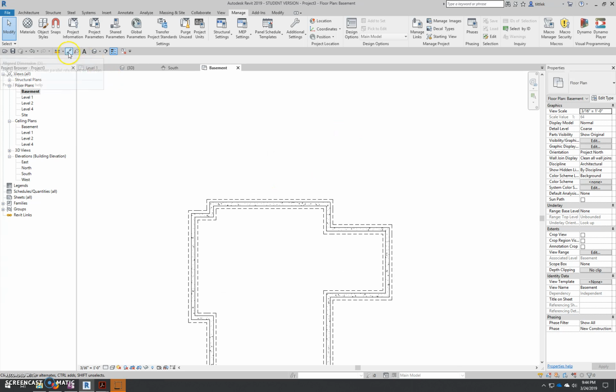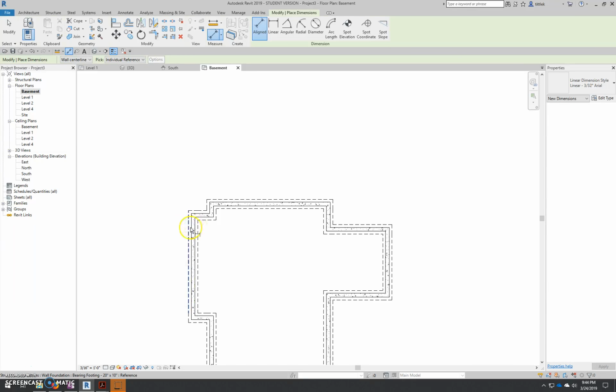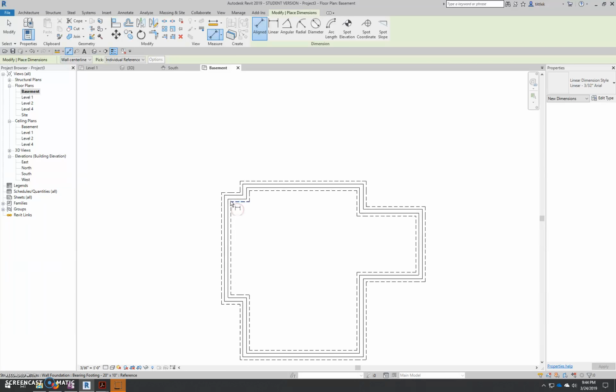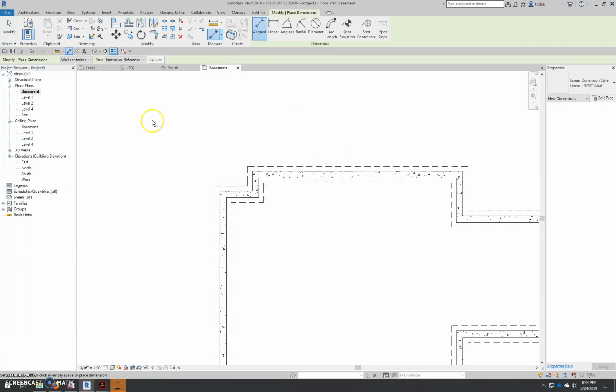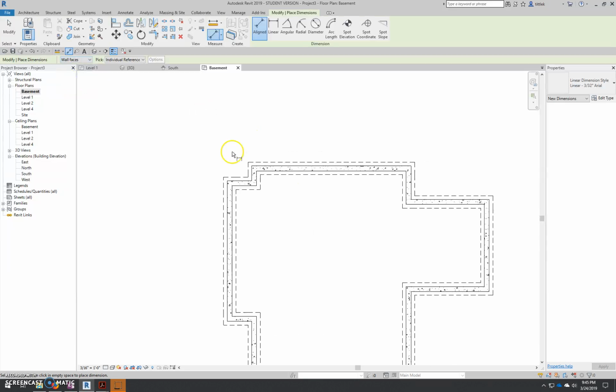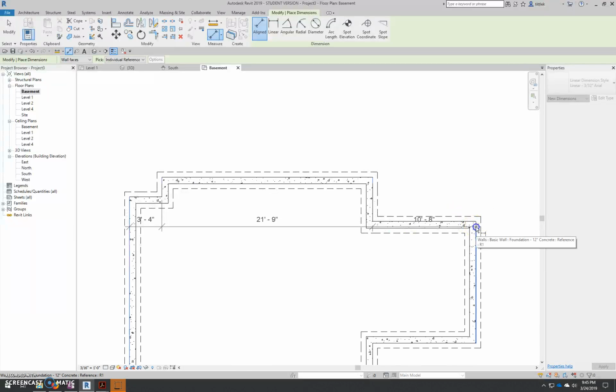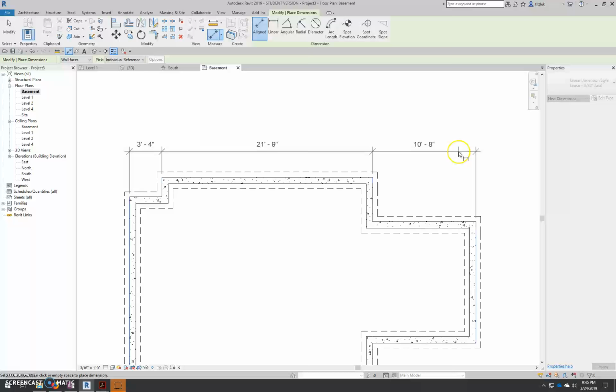Now I'm going to go back to dimension, and it still hovers over the center of the line. I realized that when I was going over that little manage thing. It's actually right up here in our options. We want to do the faces, wall faces. That option that I just changed will help us later. So it's a good thing that we changed that. But we change that to wall faces. We click on the edge, click on the next edge, and we can just keep going with the dimension string to the other side. We're going to pull this out, give ourselves some space,